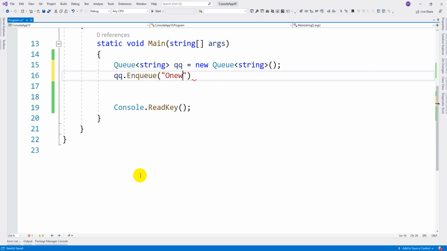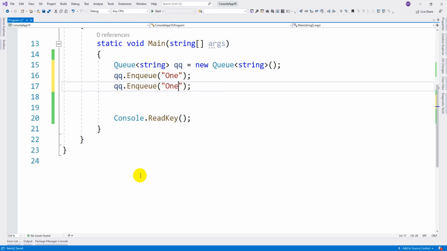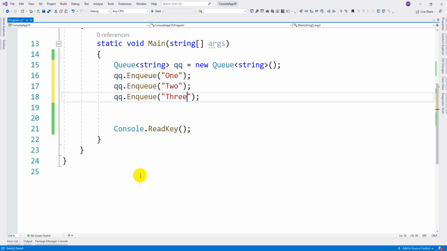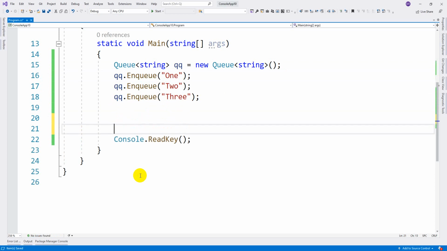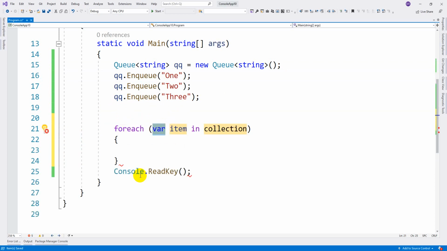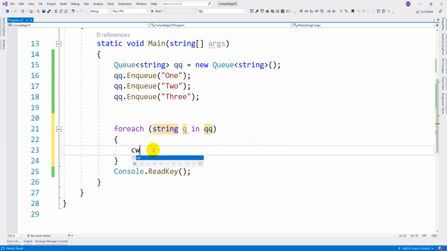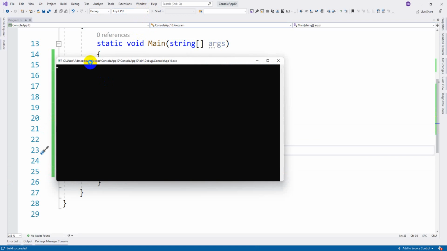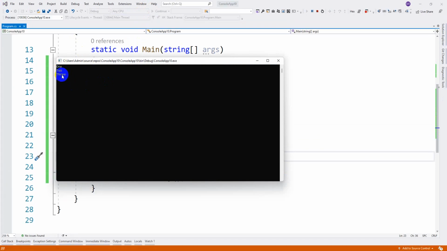So here also let's insert 1, 2, 3. Let us print by using a foreach loop. Here you can take var, or instead of var you can also take string, because the data type is string. Console.WriteLine of the item. Now if you see, the order will be from the top: 1, 2 and 3.